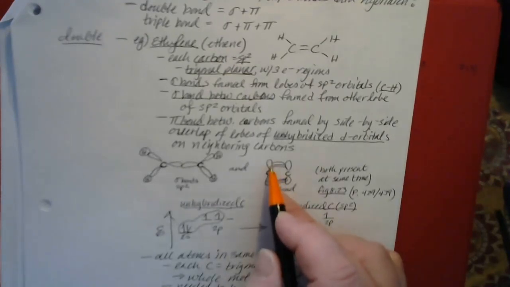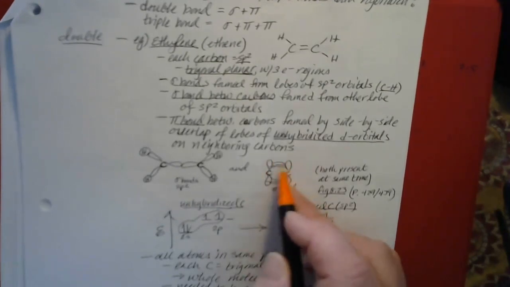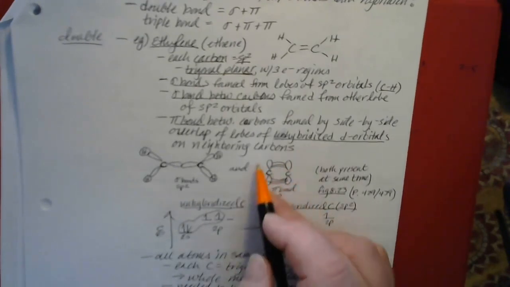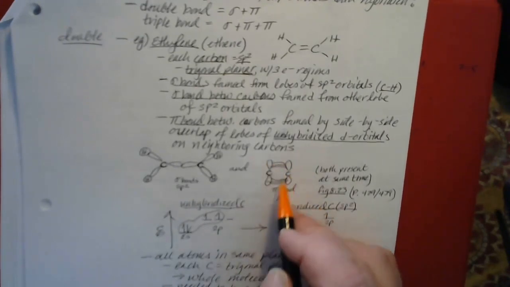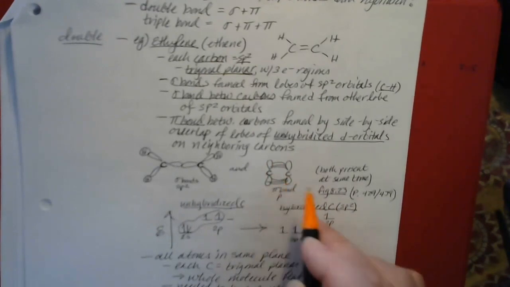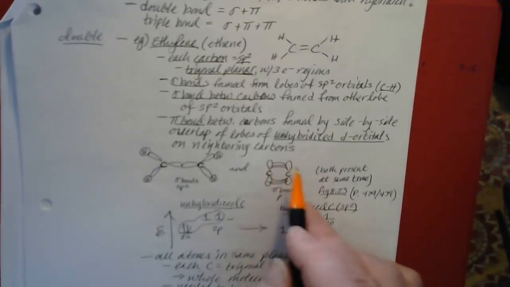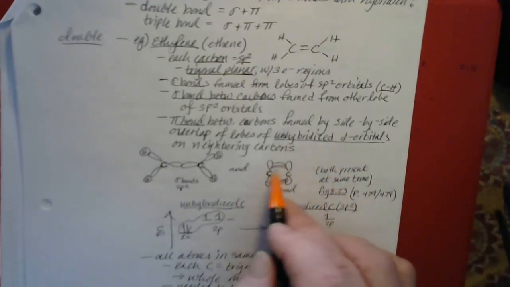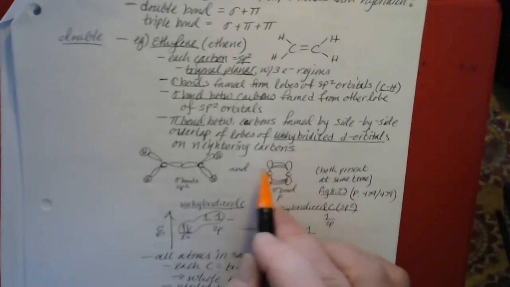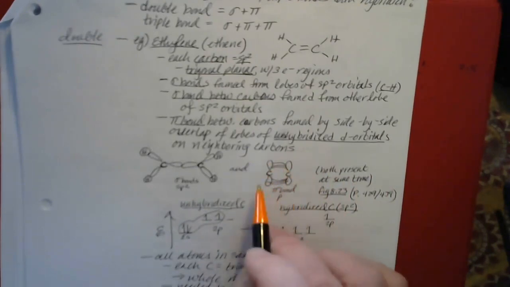And so I'm showing them drawn as thinner lobes with just lines representing the way that the electron density can overlap from side to side. This only happens if those unhybridized orbitals are right next to each other, though. You can't have these orbitals overlapping with orbitals on an atom that's like 3 atoms away. So it only works at short range. You have to have vacant unhybridized orbitals on neighboring